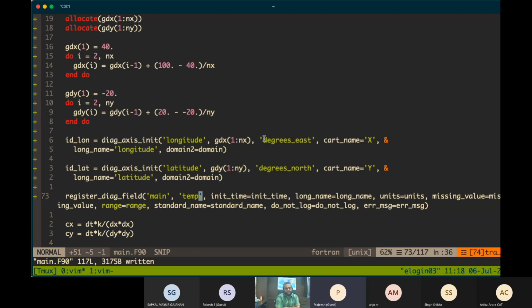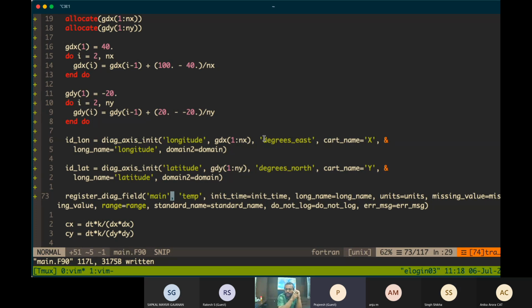So what I'm saying is, the purpose of this first argument is to separate a single variable name from different processes. You can also use the same variable name for different modules. Yeah. So let's say we call potential temperature as temperature itself everywhere, regardless of whether it is in dynamics or in vertical mixing or whatever.